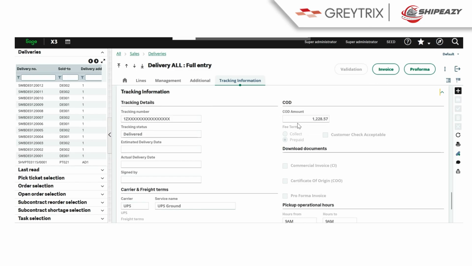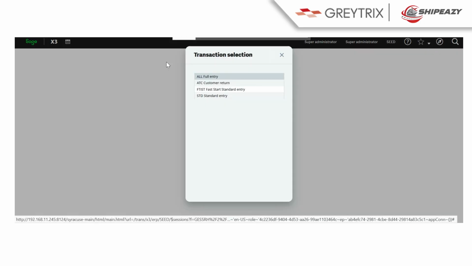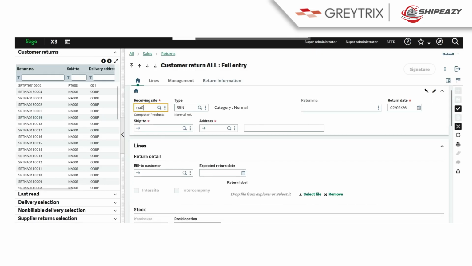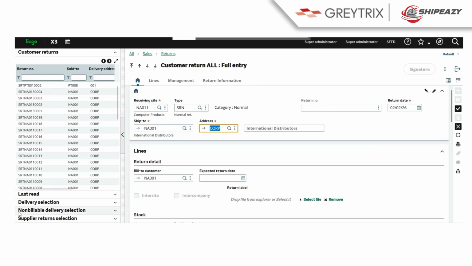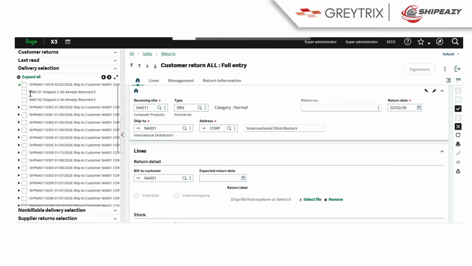So to handle this, we will create a customer return in Sage X3 against this delivery, but we select only the product that is being returned.